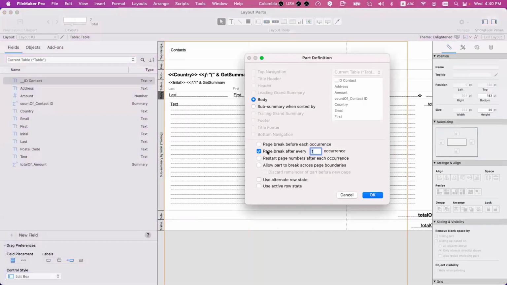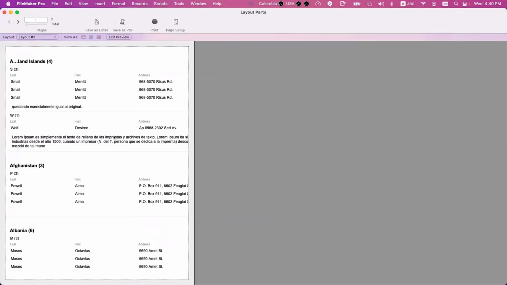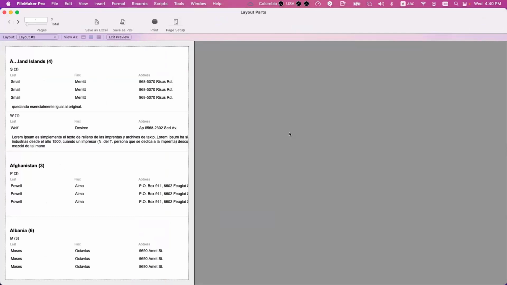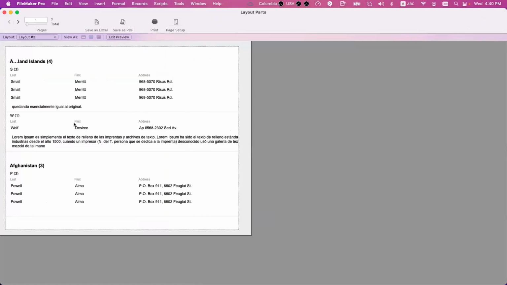No? Yeah. See, I have a page break here. So see? It worked. That means you see now that you can combine multiple parts in list view with the sub-summary sorted